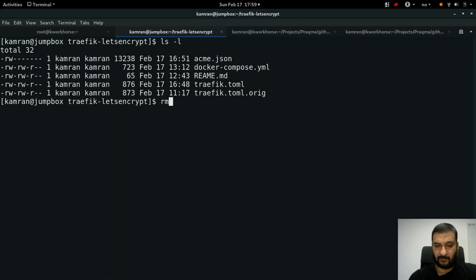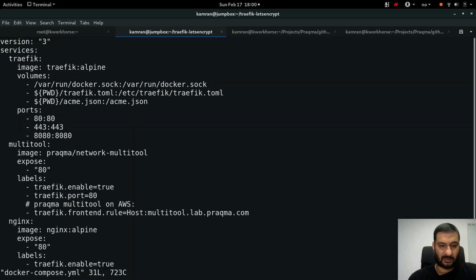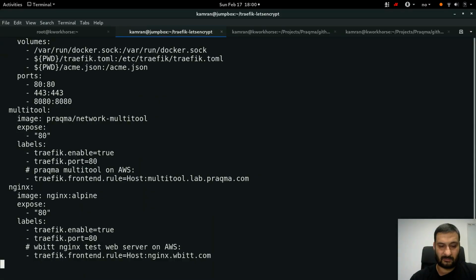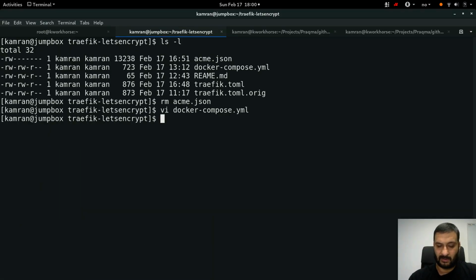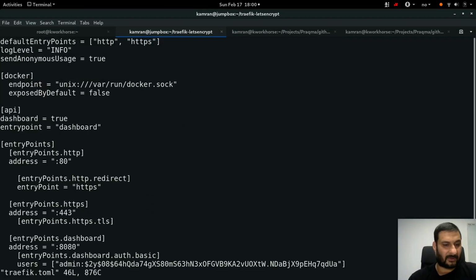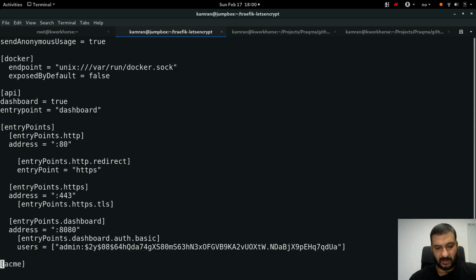I will remove the acme.json file because I'm going to get a new one. Since it's staging, I have some leniency available. Is there anything in Docker Compose I need to do? Nothing. I vi the Traefik.toml file and go down to the Acme section,